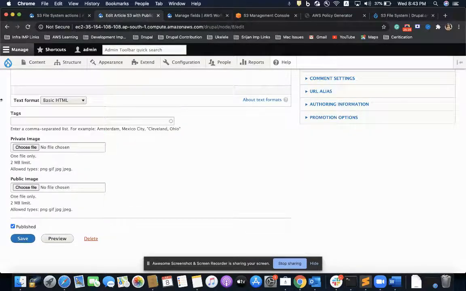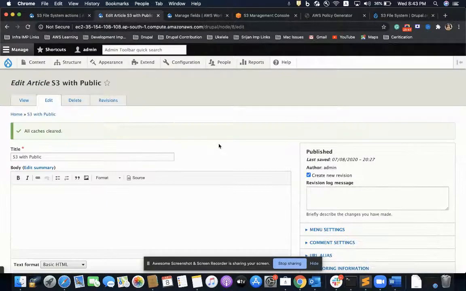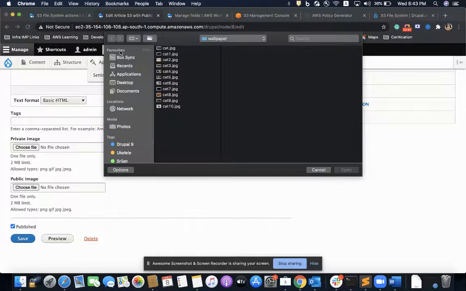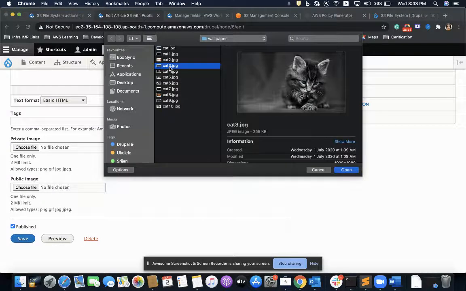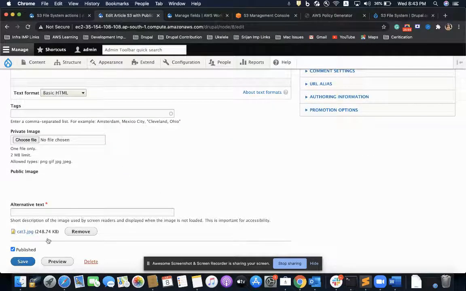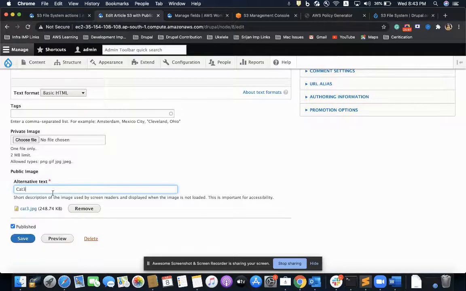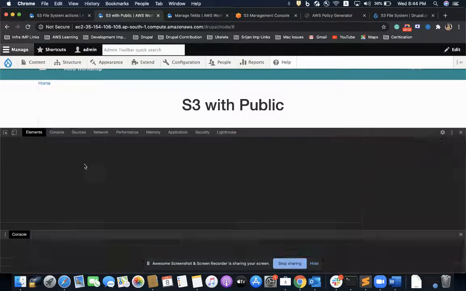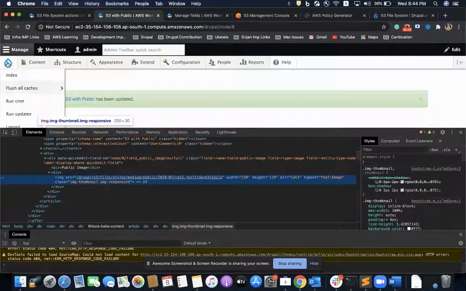I'll clear the cache, remove this file, and create S3FS cat3, save it. I'll see what it is showing me. It is showing me the Drupal way. I'll clear the cache.